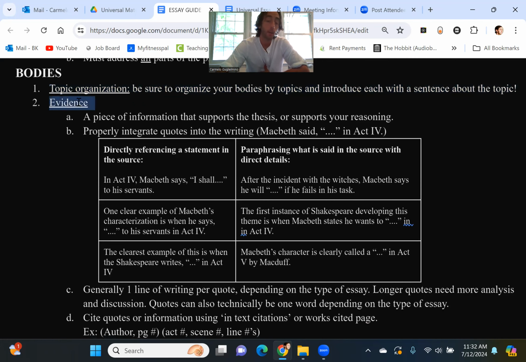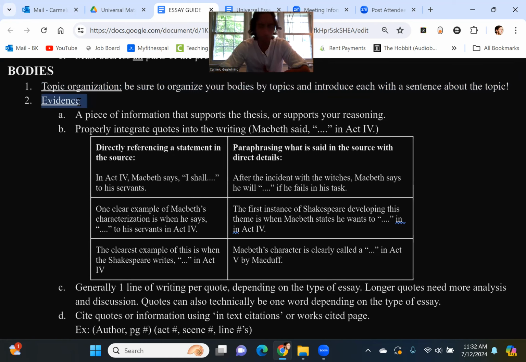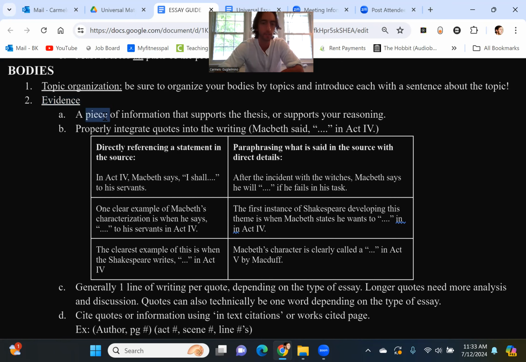Okay. Now, when it comes to providing evidence for your thesis, there's usually some sort of limit. Particularly in my class, I usually tell my students, on every essay, how many pieces of evidence from the text I want them to include. Again, that can vary depending on who your teacher is, depending on what I'm asking you. But generally, ladies and gentlemen, what I ask is that the piece of evidence you are giving me supports the thesis, supports your reasoning strongly, all right?